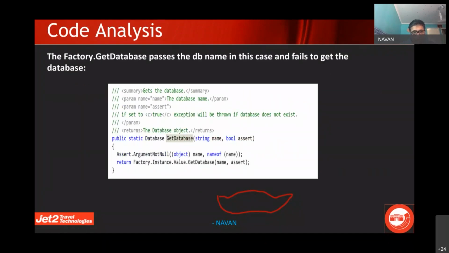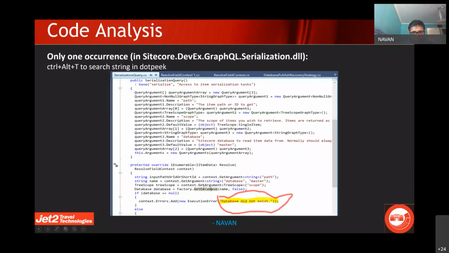If you go and check, the database did not exist because my config file has only master and core, but in my module JSON I'm hard coding XYZ, which is not there at all. So showconfig.aspx will have only those two databases, master and core, but my module.json, which is a client file, has XYZ.